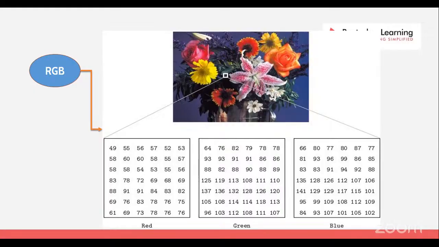Same like this, if we give any input image, this format is RGB only. Each pixel has 3 color values. For example, red 0, green 0, blue 0. This is the starting value. After that, based on each color, the values will change. For example, here the red value is 49, green value is 64, blue value is 66. This comes under one new color. Each pixel has a different color combination. It is called RGB: red, green, and blue.